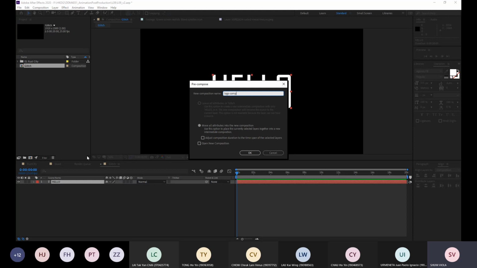Okay, it's exactly the same. Once you import the AI file, you also need to right click and use pre-compose, okay, and change the name into logo com and click the second option, which is move all attributes into the new composition and